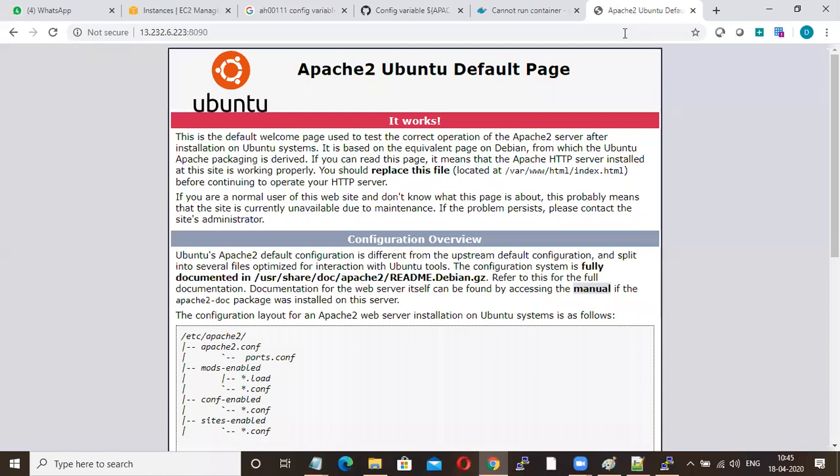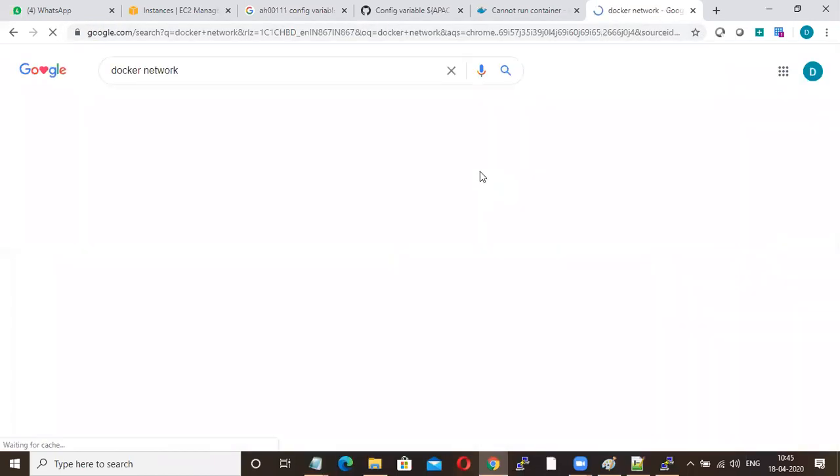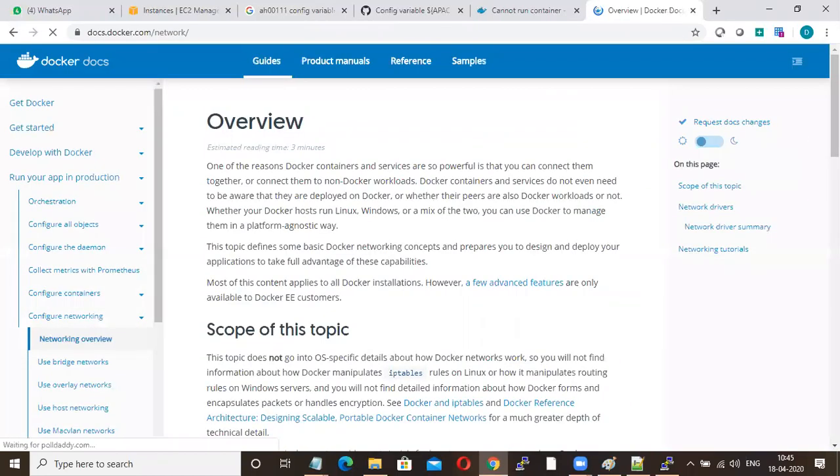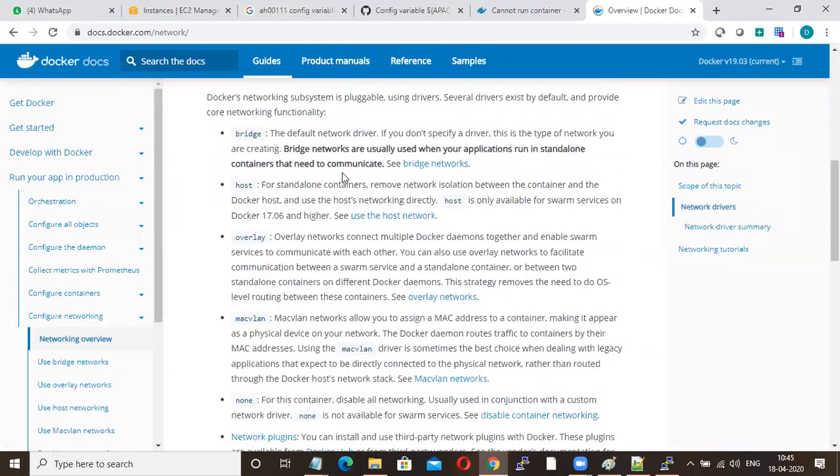See, these are all a little advanced. Okay. See, what is bridge network? This is the default network driver. If you don't specify a driver, this type of network you are creating. Bridge networks are usually used when your application